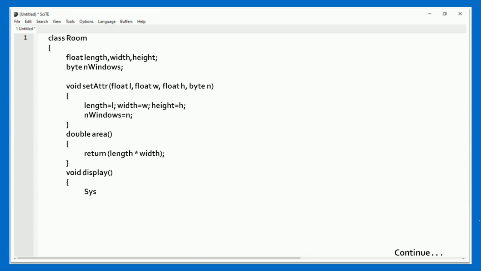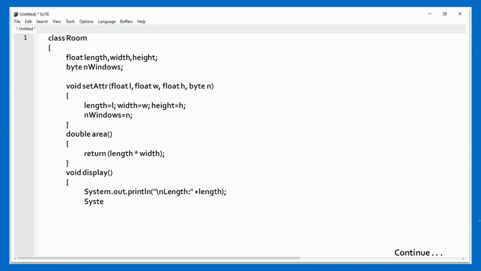Start a curly bracket, write System.out.println, and in double quotation marks write \n and length plus the variable length.